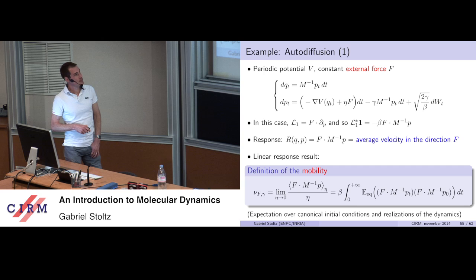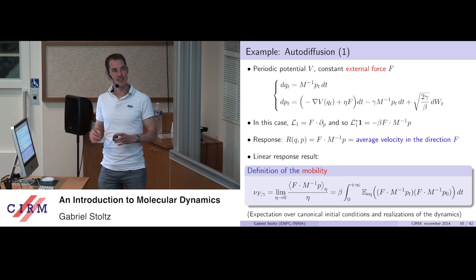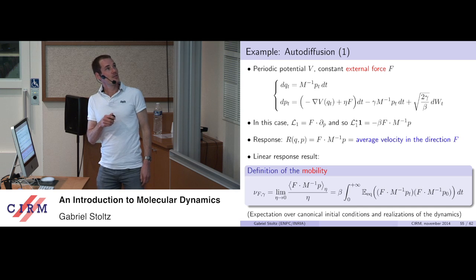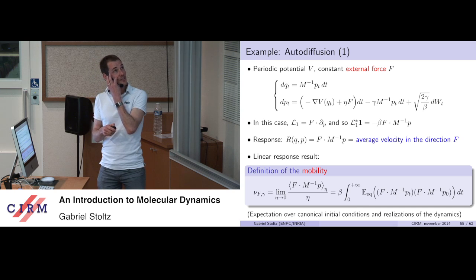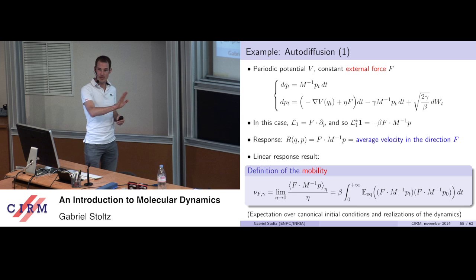Let's consider the case of autodiffusion. A typical Andra application is self-diffusion of an ion in some clay material, and how it evolves over very long times. There would be two ways to compute the self-diffusion. The first way is to consider some non-equilibrium dynamics. I always push my particles in this direction f, and I look at the average velocity in the direction f. When I compute the average velocity in the direction f divided by eta and let eta go to 0, I recover this quantity here.